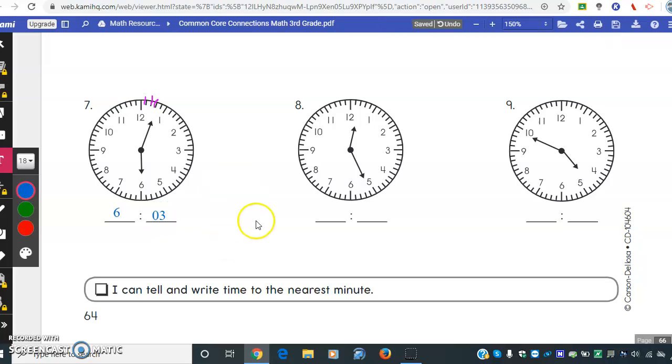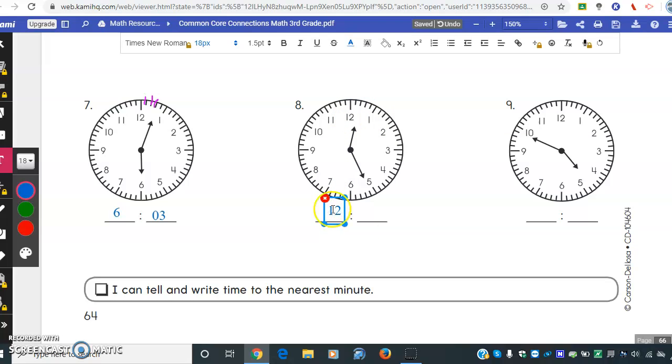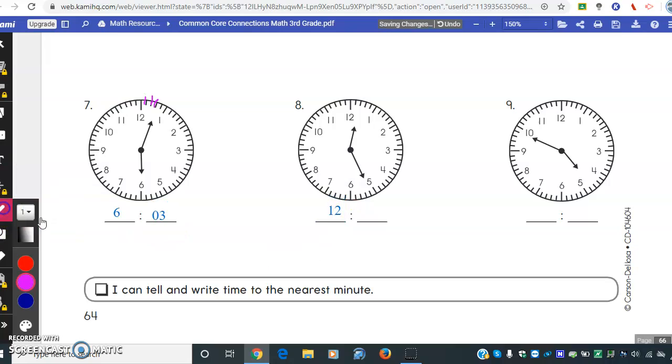All right, next clock. The hour hand is the nice short one, and the short one is between the 12 and the 1. So the hour hand has not reached the 1, so it is 12 o'clock. Minute hand. Let's do some jumps. Here we go. 5, 10, 15, 20,